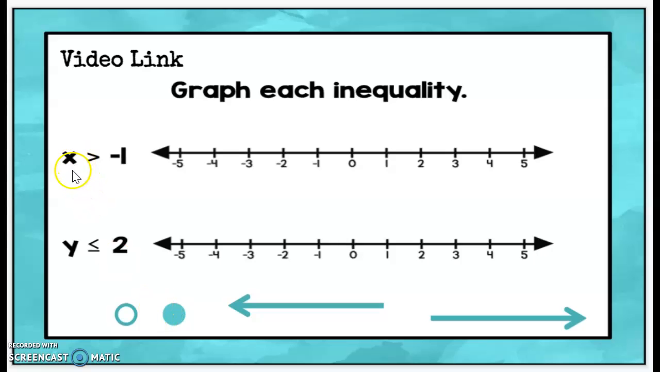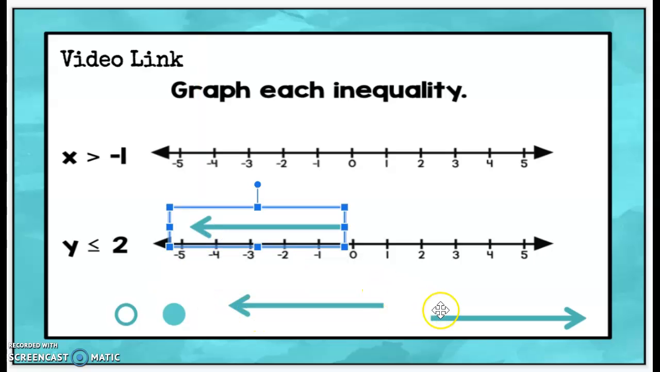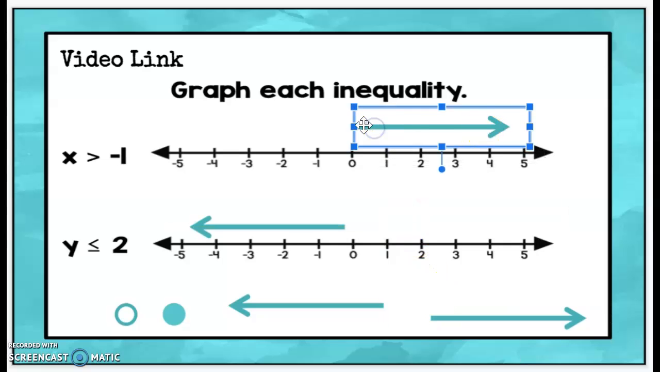So the great thing about it is, again, our variable is on the left side. So we know by looking at this symbol right here, which way our arrow is going to be pointing. We know that our arrow is going to be pointing that way on that one. And we know our arrow is going to be pointing to the right on the top one. We just need to know where it's going to begin and whether or not our circle is going to be